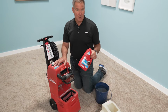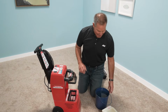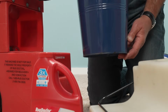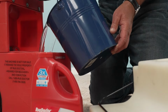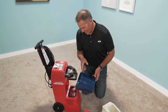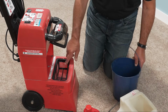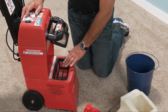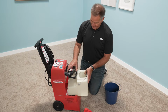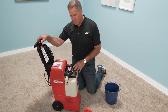Now you're going to follow the instructions on whatever kind of soap that you buy. Typically it's about a half a cup of cleaner per gallon of hot tap water. So we already pre-mixed that in here, and you go ahead and just pour it into that reservoir. And this holds just a little bit more than a gallon, but I would just use a gallon of water, and you'll see that as you fill it up, it comes up over the top there and over the little filter area. And remember, the clean water goes in the bottom. This is the dirty water tank. And then you put it back inside, place that over the top, click it,